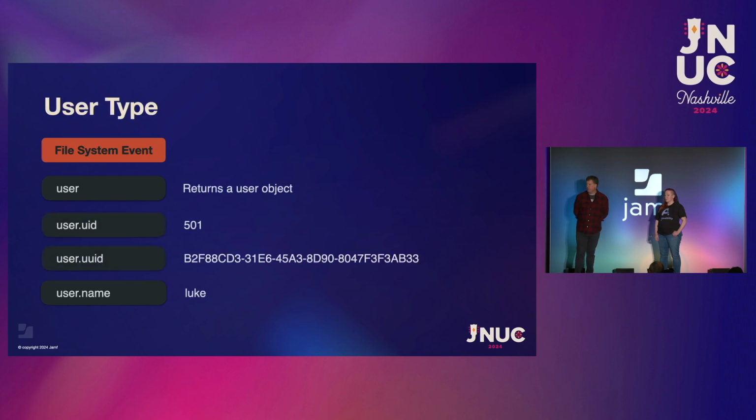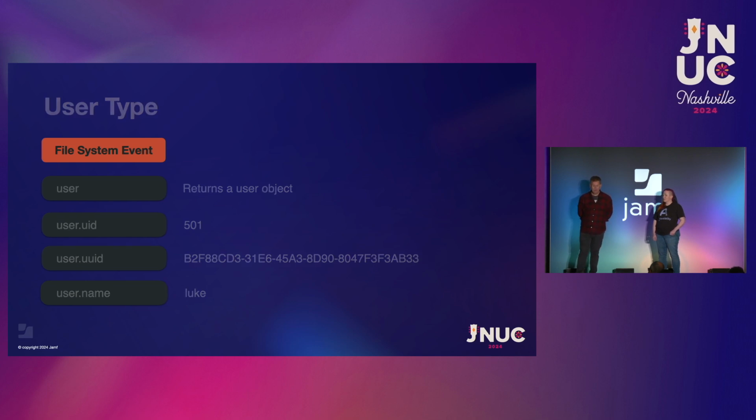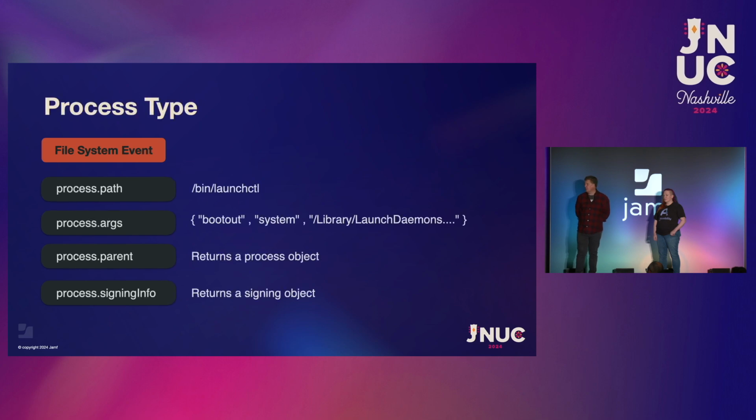Then we get more complex objects. So as an example, there's an object for users. So we get information about the user that was involved. And that contains a whole set of attributes in relation to that user. So for instance, we can get access to the user's UID, which would be a number. We can get their UUID, which is typically a string, or the name as an example. Okay. So again, we can just drill down into these objects, get a bit more information about that particular user. So we have a user type,